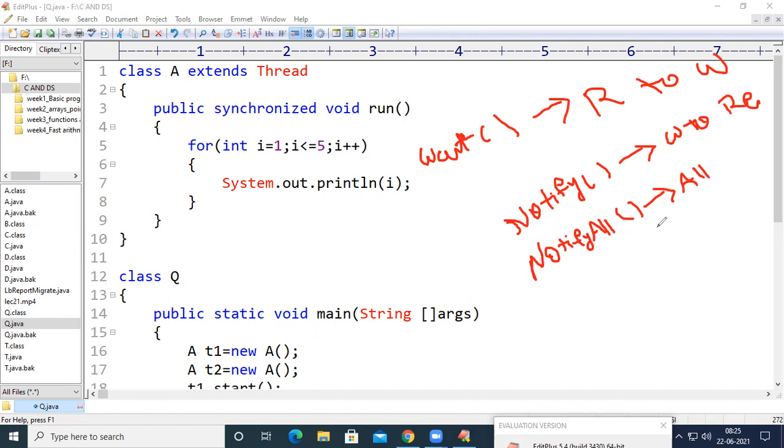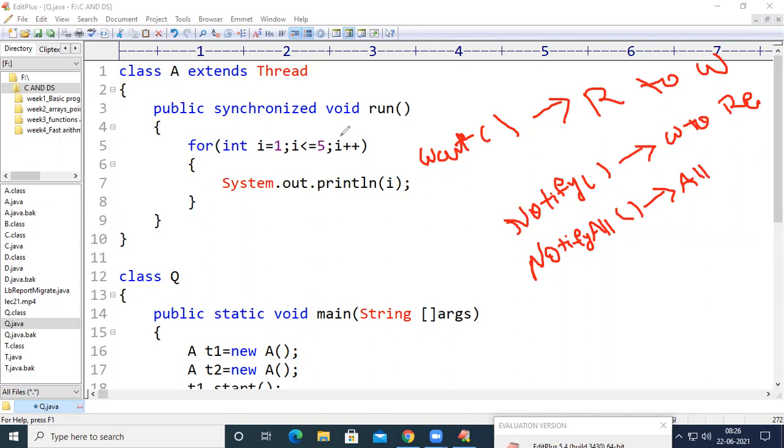In synchronized blocks, if we want to suspend a thread, we cannot use sleep, join, or suspend, but we can use the wait method. And in order to bring the thread back into execution, we go for notify. If there are 10 threads suspended by the wait method and I want to bring all 10 into execution at once, then I can go for notifyAll.